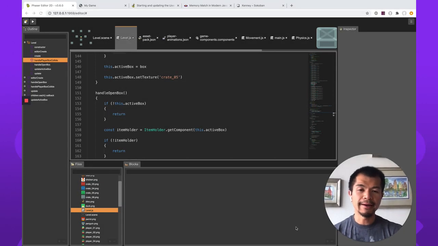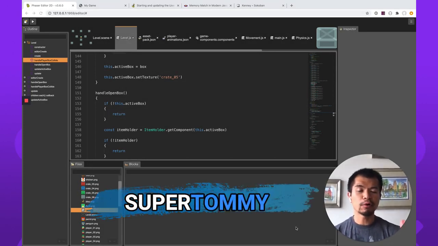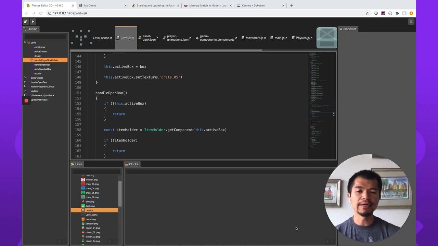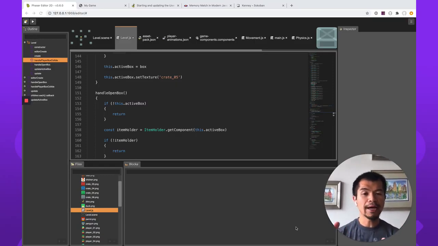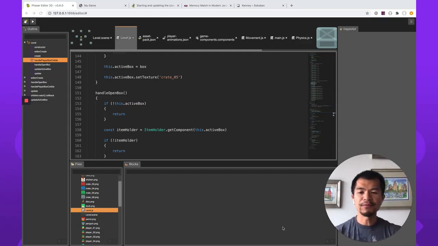Welcome back to Arcade. I am Super Tommy, and this is part 4 of making Memory Match with Phaser Editor 2D. Now, Memory Match is a Mario Party inspired memory game that we've gone over in a video series and a written blog post. Now, we're just taking it and showing you how you can make the game with Phaser Editor 2D with the various features that come with Phaser Editor 2D, including prefabs, components, and the ability to visually lay out your scene. So in the last part, we left off